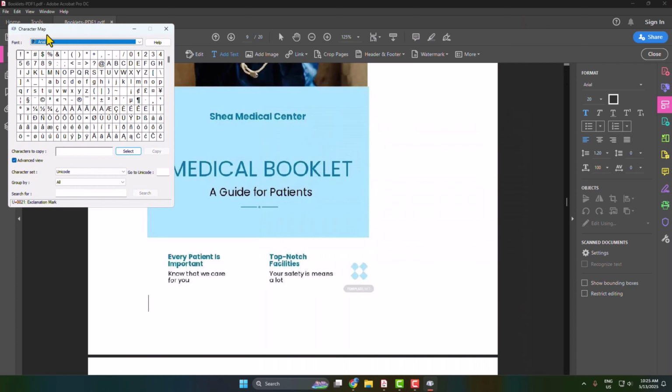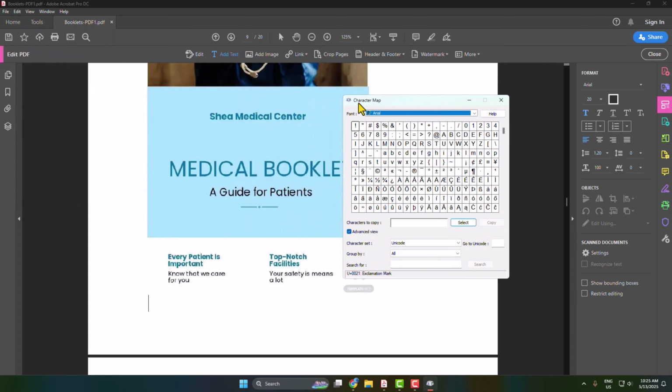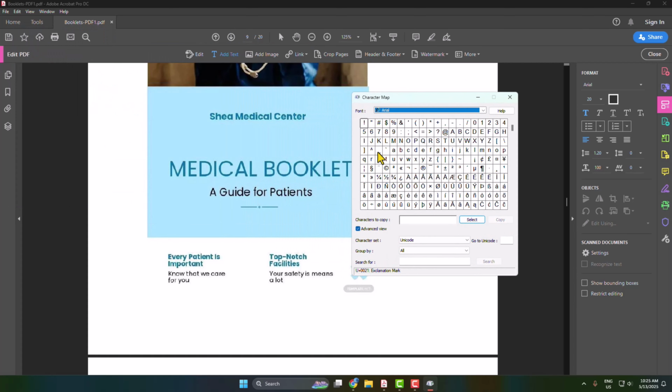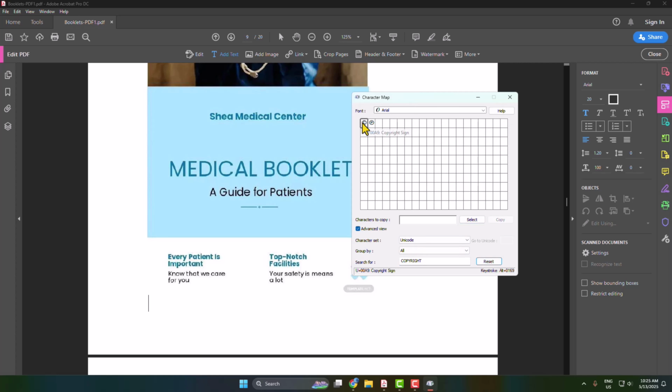So this is the default app on your computer. In here, click on this advanced view and here you will find search option. Now just search here the symbol that you want to add to your PDF and here we can see the symbol. Select the symbol and click on select, and now once the symbol is added in this characters to copy box,